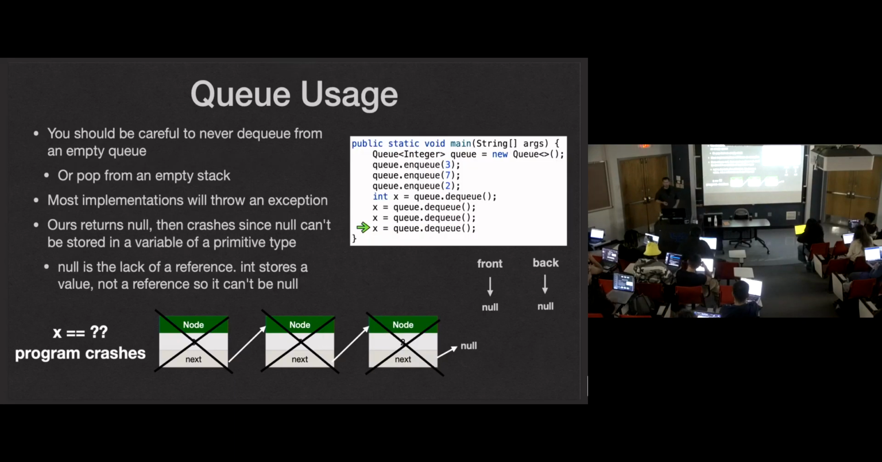What if we dequeue from an empty queue? Well, we return null so our program doesn't crash. But guess what? Our program crashes anyway because x is of type int, which only stores a value, not a reference, and we're trying to assign it the value